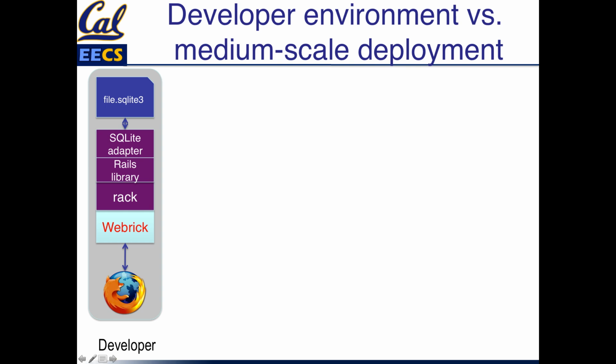So, this gray box here you can think of as your laptop, and on that same machine, you're running your own web browser to test things. You're running some kind of a presentation tier, and we're using WEBrick, which is a really, really simple development web server that ships with Rails by default. It can only handle one user at a time, so not great for big sites,